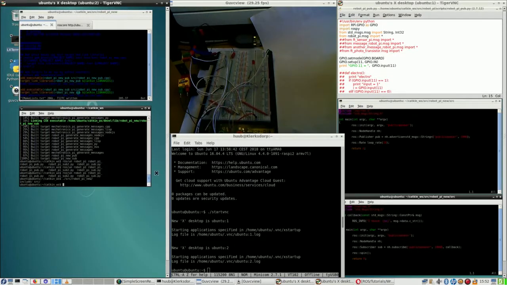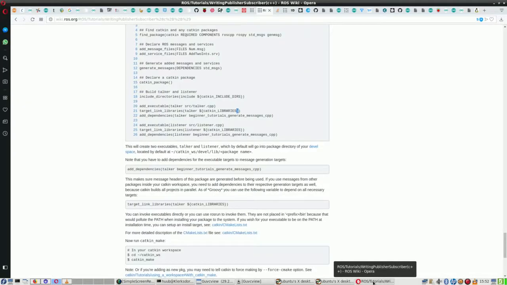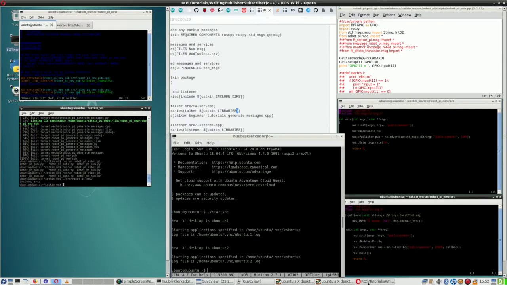So where is it? Okay, I don't generate messages yet. I don't mind. I want an executable first and foremost, which will by default go into the package directory of your development space. Okay, so I need to look here. Catkin develop lib, etc. Okay,